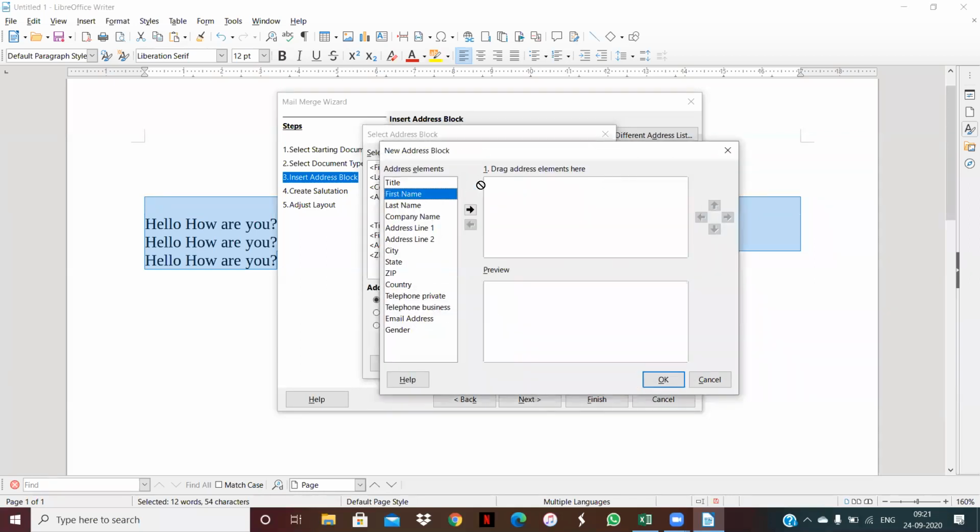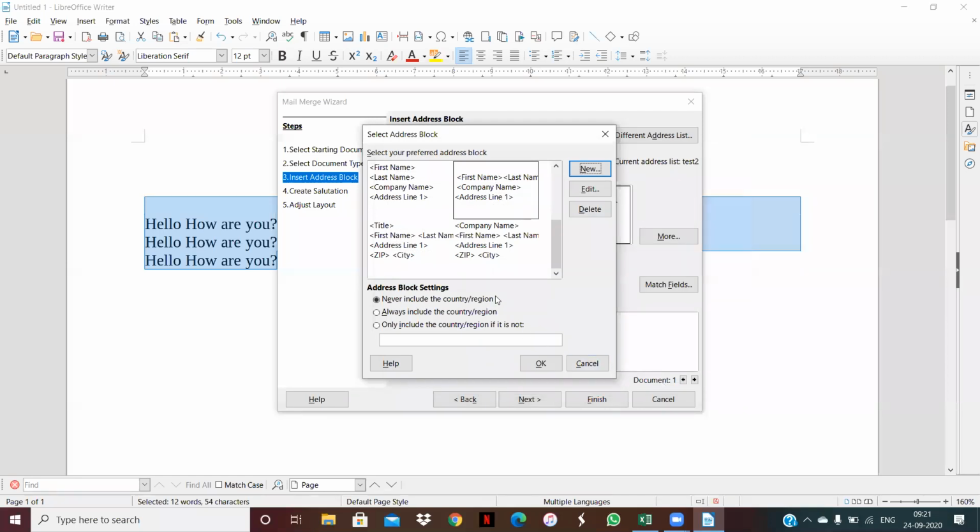Suppose I want first name, and then last name I also want here, and then I want to write address line one here, and then I fill here city here. In this manner I want to set my text. Clear? Then you can click on OK, and then select that address block.